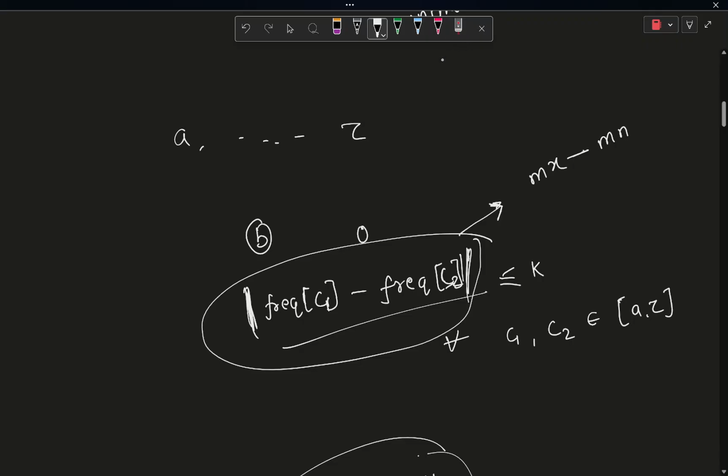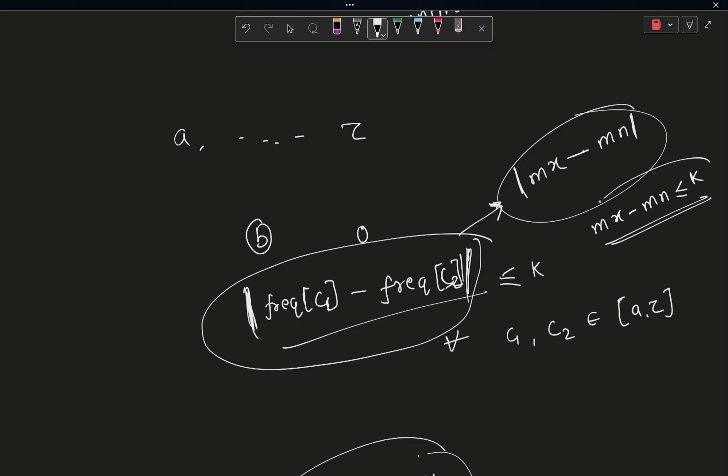So when one of them is mx and the other one is mn, then in that case the absolute difference between these two will be maximum, right? So if I just focus on making mx minus mn less than or equal to k, if I just have my focus on this thing,